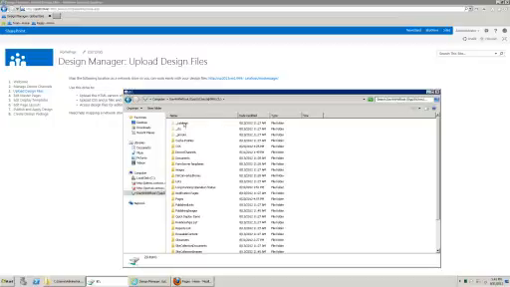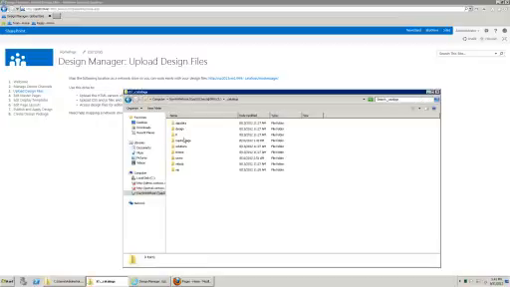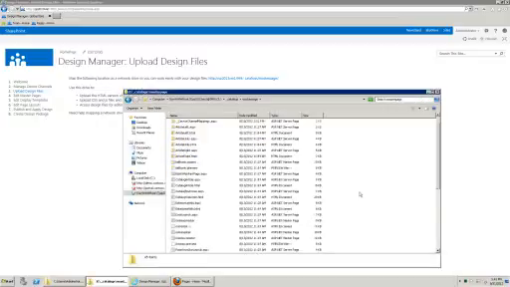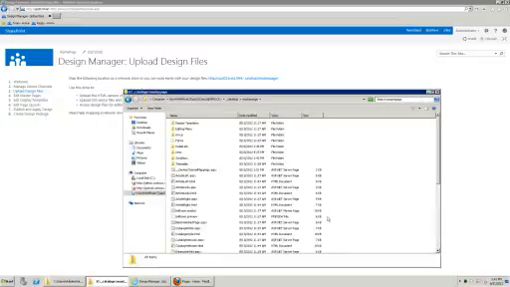And so if you remember where master pages are, catalogs, master page, here's where all the master pages and page layouts are in 2013. The interesting thing, if you're used to 2010, we used to put a lot of stuff in the style library. You can still do that, but now since you can edit things a little bit easier in this master page gallery,